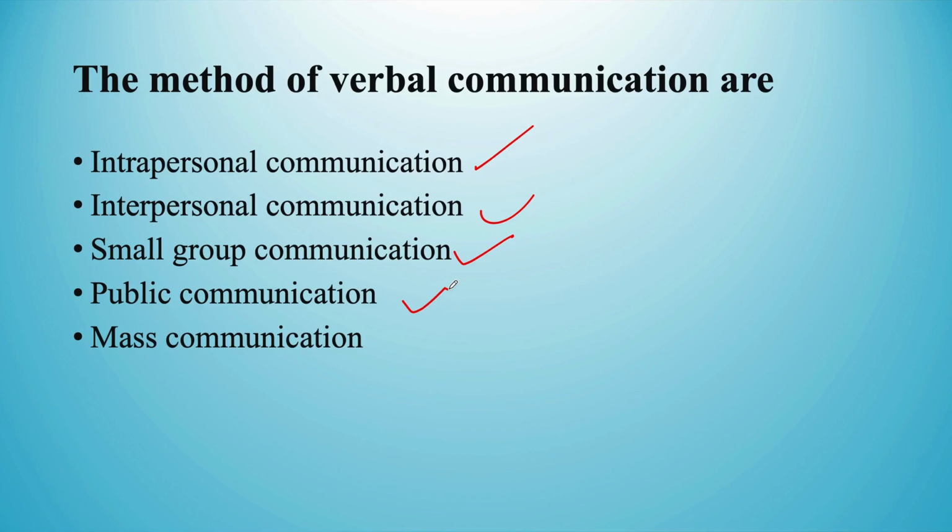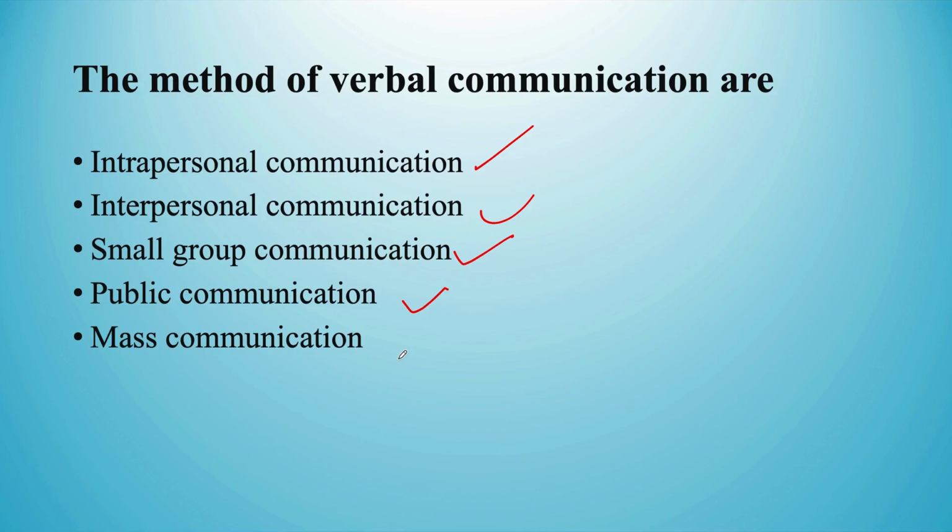Okay, when does it happen? It takes place in a setting where a large group of people assemble to receive information from the speaker, for example your teacher or your professor. Many a time in election campaigns also, you can see the speaker addresses various groups of people, or a large number of people. So this is what we call public communication, wherein one speaker is addressing hundreds of other individuals.